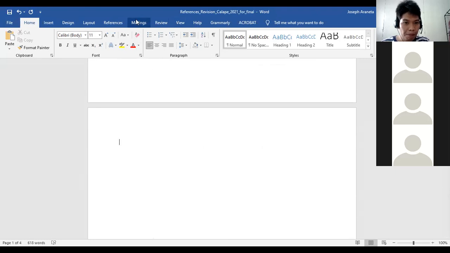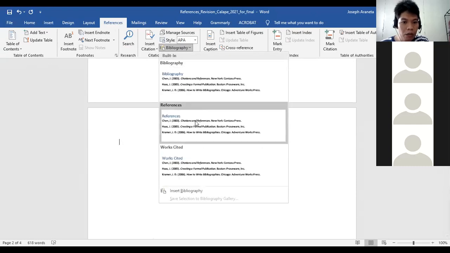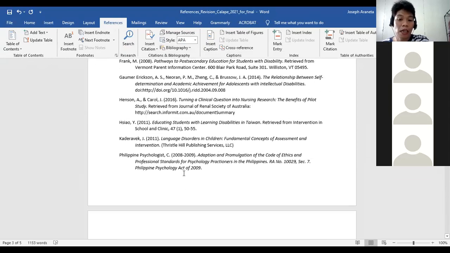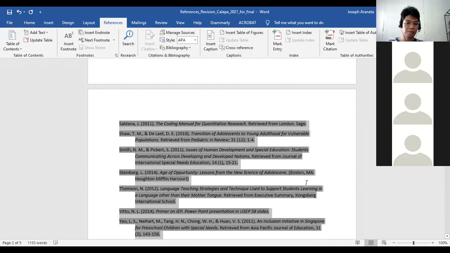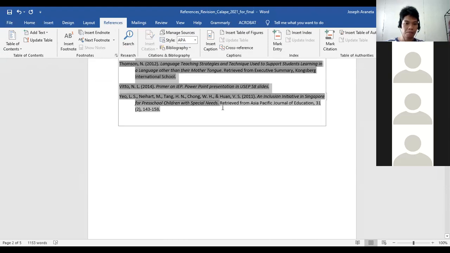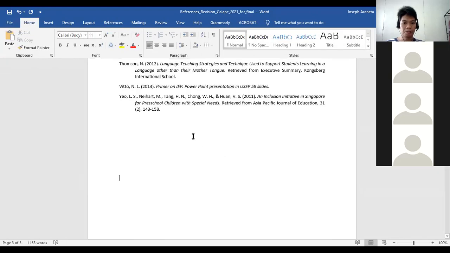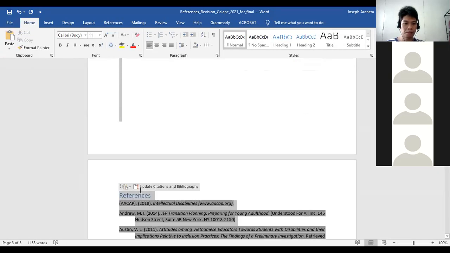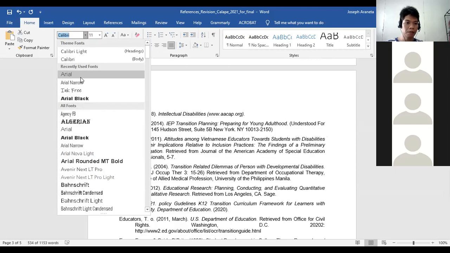Pag run ninyo sa inyong information na gi-encode, manggawas na siya tanan. Pwede siya i-copy-paste sa laing document.